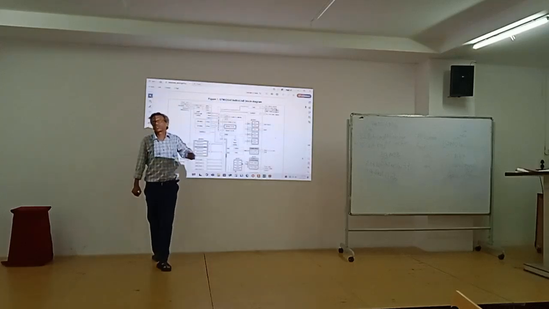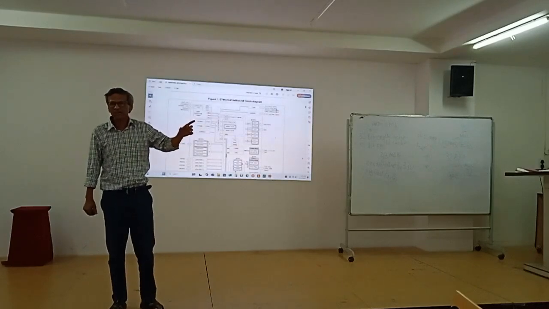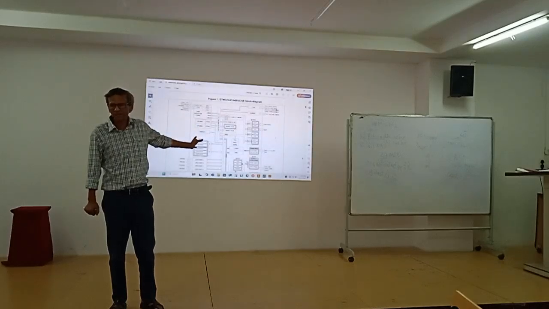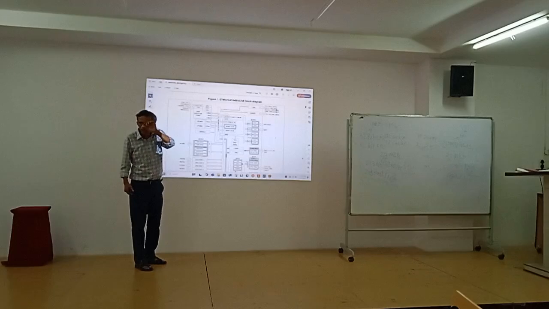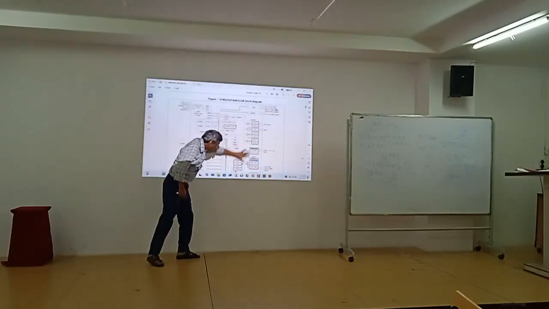This will take at least 2, 3, 4 hours. When I was teaching in SVNIT, I had to take 4 hours only to explain this diagram. 3-4 hours. So I am not going for that. For the entire microcontroller, that small IC you can see on the first page, that has all this.